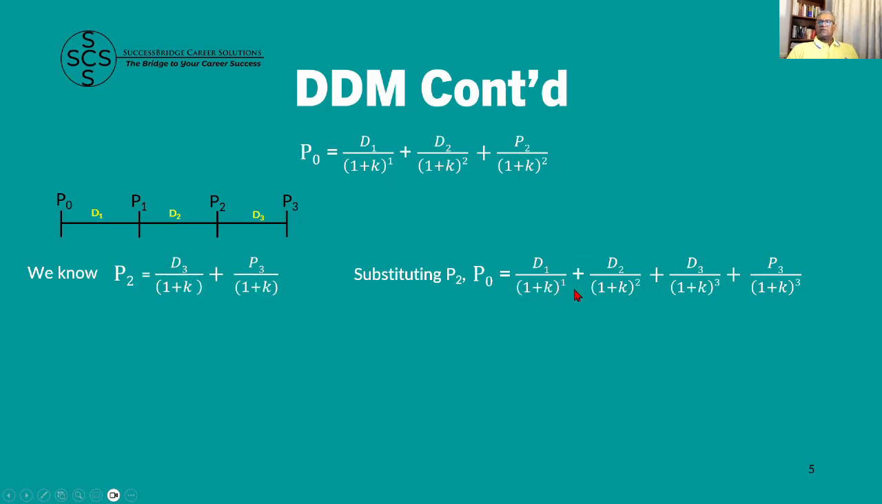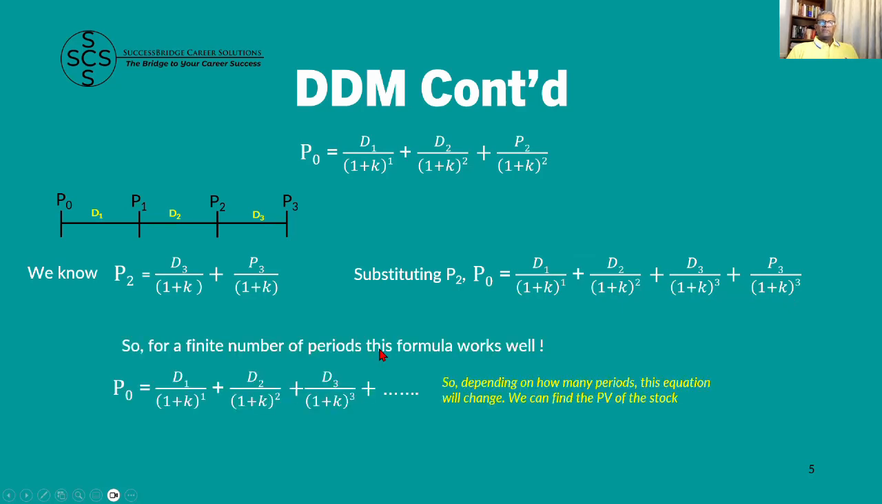We have D1 divided by 1 plus K, D2 divided by 1 plus K whole square, D3 divided by 1 plus K cube, and P3 divided by 1 plus K cube. So now as we go further and further, the effect of this P3, the price of the stock, becomes negligible. Okay, because so far out in the future, the value of the stock becomes very negligible. So we end up with this equation P0, and it is only in terms of the dividends D1, D2, D3,